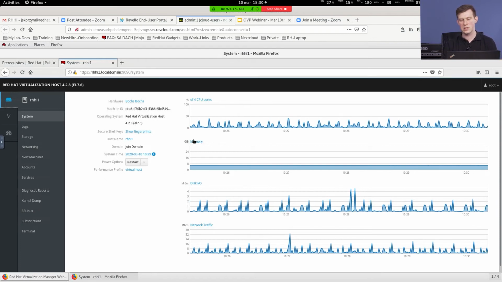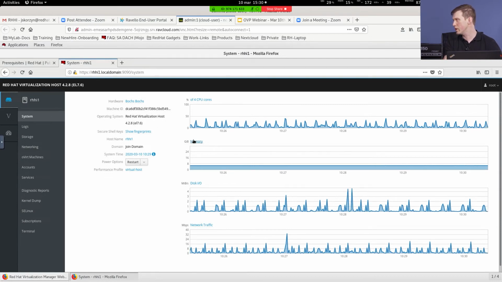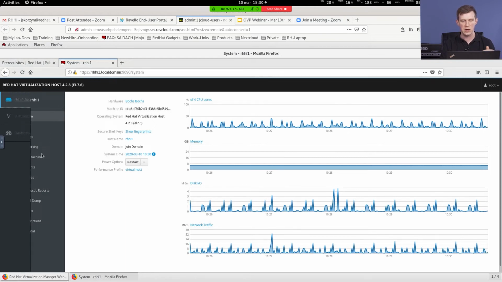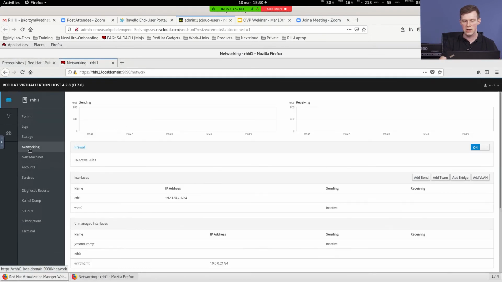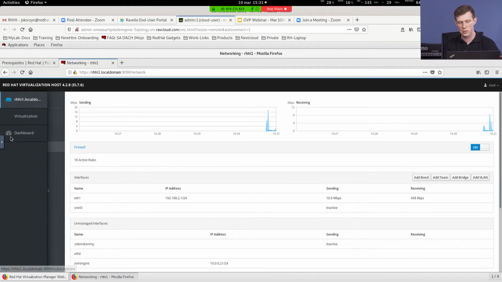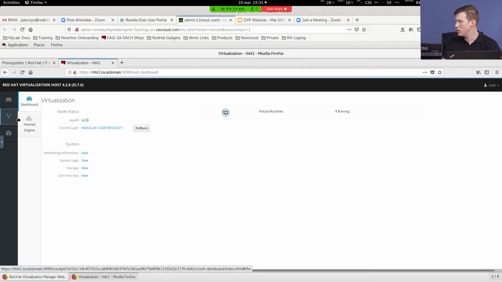Whenever you install your RHEL, you're able to install Cockpit into it, and you're able to log in with port 9090 on top of it with the root user and password, and you will get all the metrics, all the needed data. You can even configure networking here. You can do other things like firewall configuration and subscription management on top of one server. So this is a graphical user interface for your Red Hat Enterprise Linux, and this is what we actually use for our virtualization to be run.